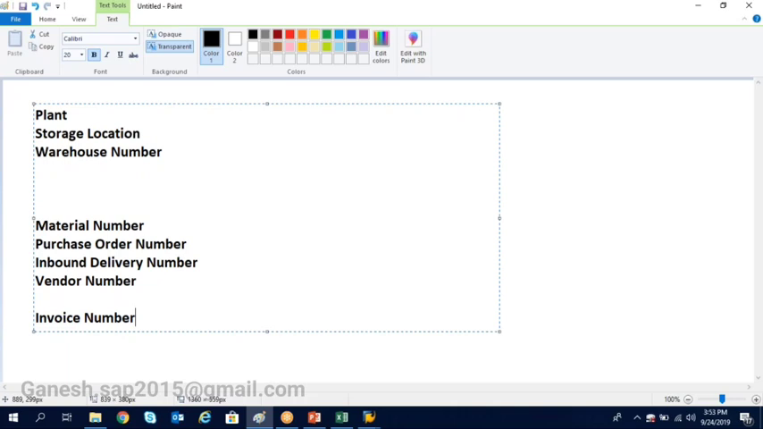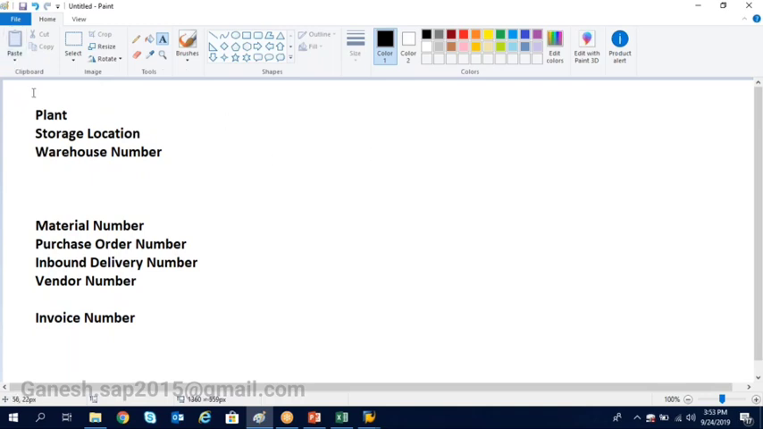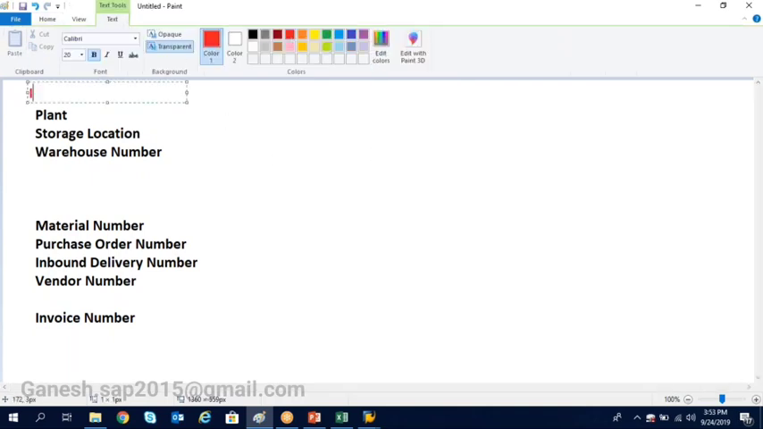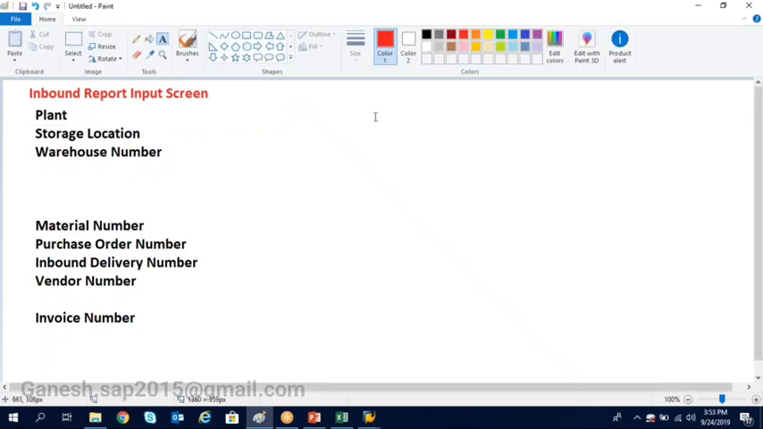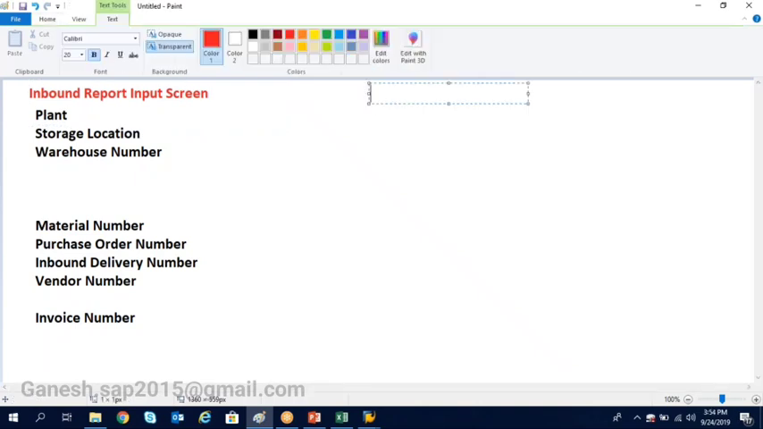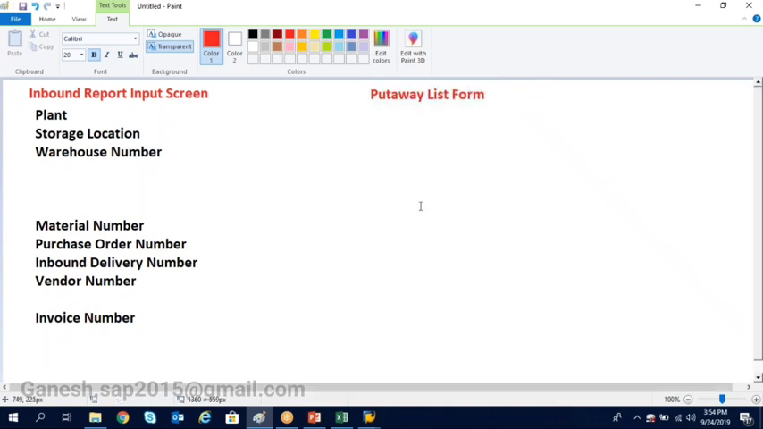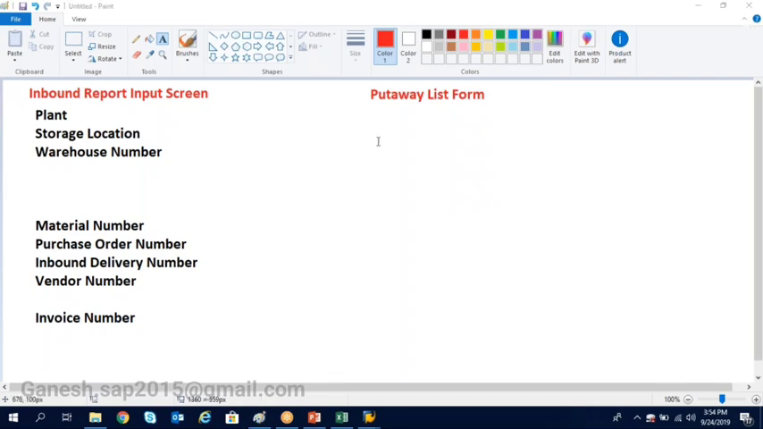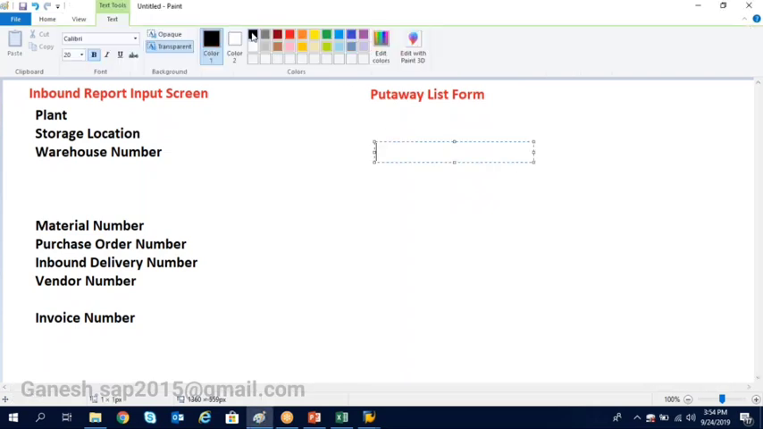The put-away list contains, for example, this is the inbound report input screen. Okay, this is inbound report input screen. If you see the put-away list form, the put-away list form looks like this. Put-away list form sample. I'm just giving the field details, the layout and all. The put-away list form contains at the header, maybe it can show you the vendor details if they want to have, or else